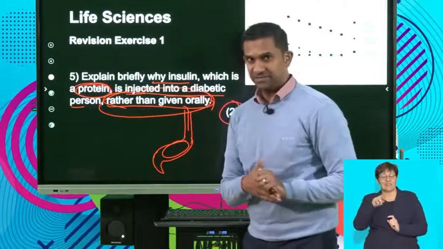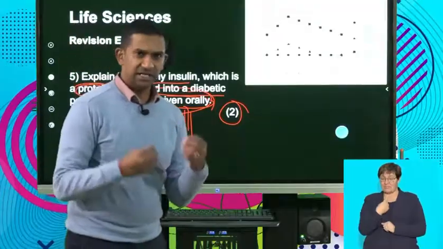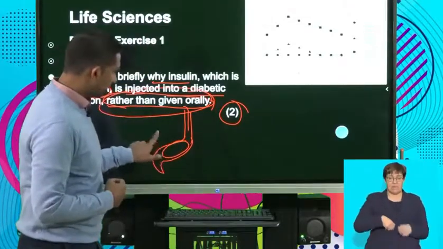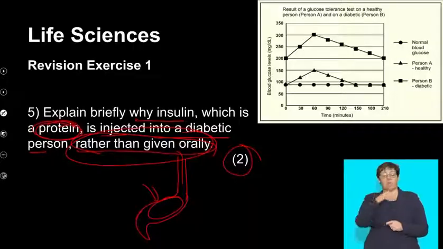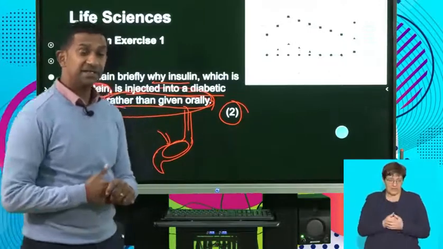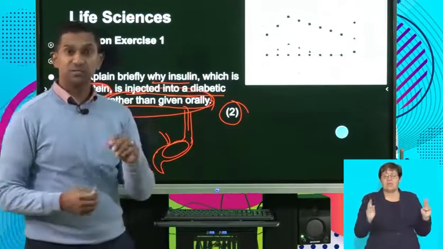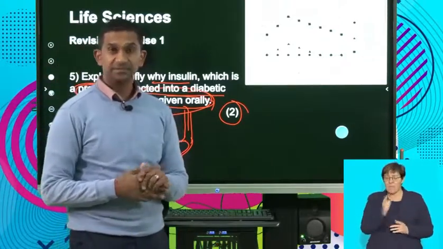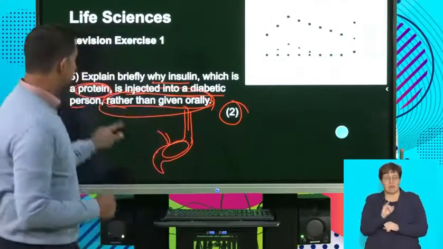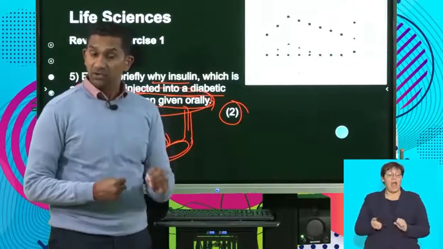Being a protein, we know that in the stomach, protein digestion happens. So guys, if you orally take insulin, that insulin is going to go into the stomach, and being a protein, the insulin will be digested, hence making the insulin ineffective. Remember that the insulin then needs to be absorbed, and the absorption only happens in the small intestine. So it means that effectively insulin will be digested as a protein in the stomach and will lose its effectiveness